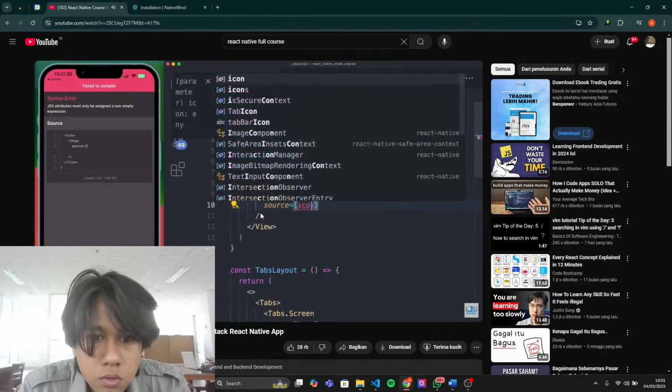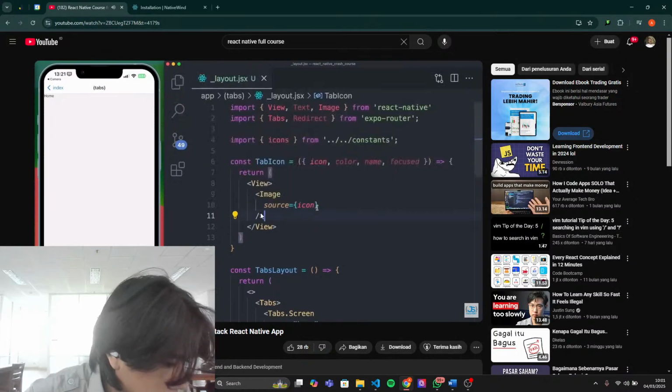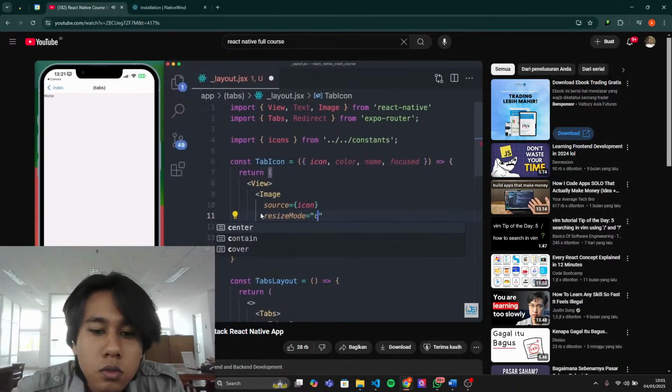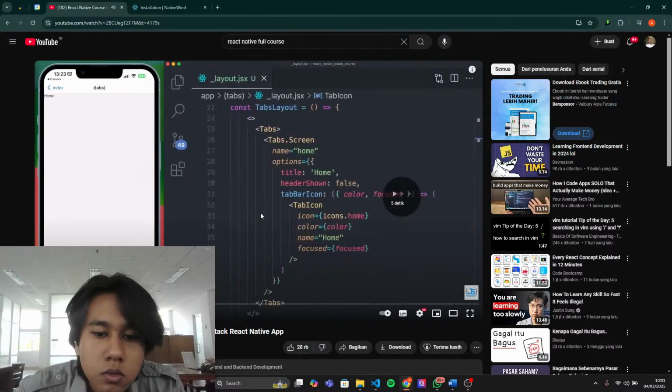So let's simply render the icon as the source of that image. And already you can see a huge home icon at the bottom. Let's style it a bit by using the resize mode equal to contain. It accepts name. Now we have text too, and say if it's focused, name the font, but smaller. But now we can